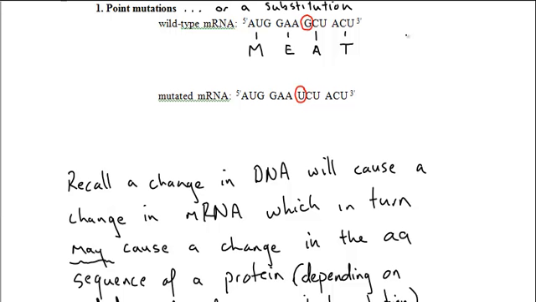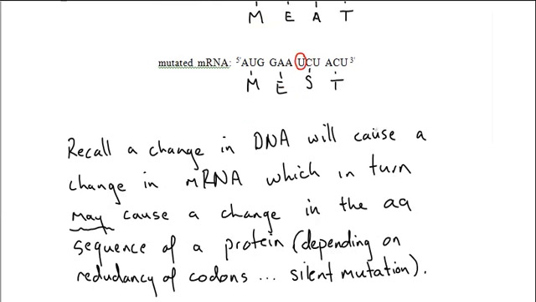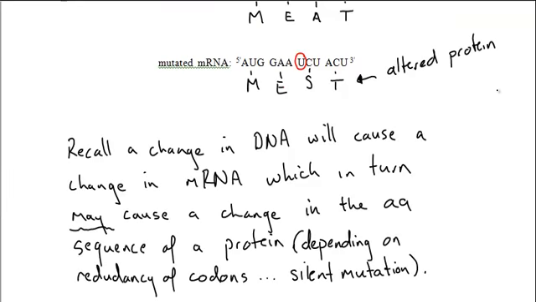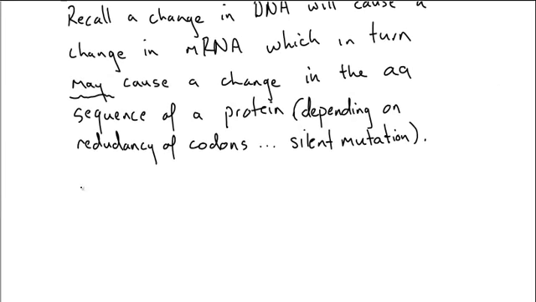Meat for protein. In the next one, we still have AUG for M, GAA for E, but UCU now codes for serine. We get mest. Different word, or in terms of translation of protein, an altered protein. Now, depending on how this affected the phenotype, it could then be a positive, negative, or neutral mutation. Okay. So at the end of the day, a point mutation